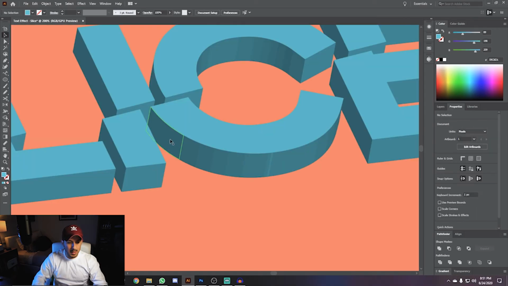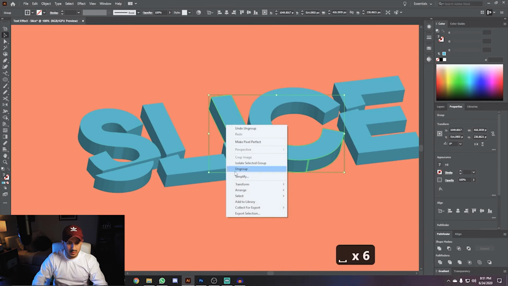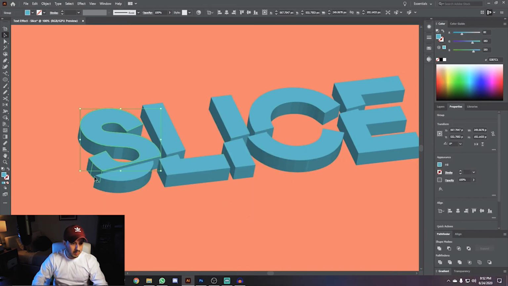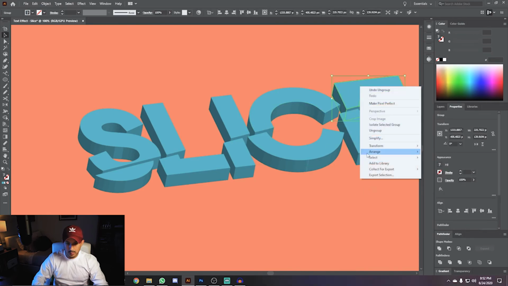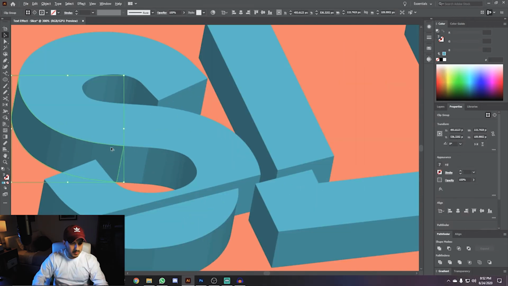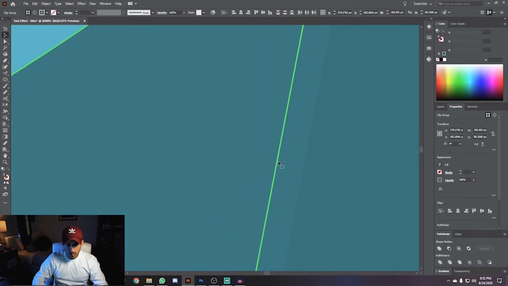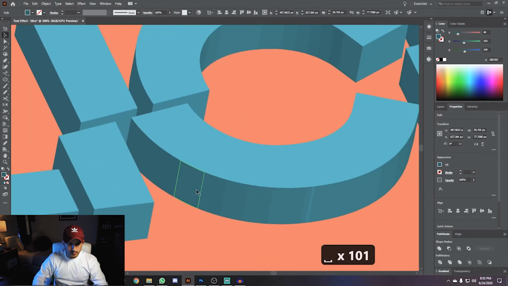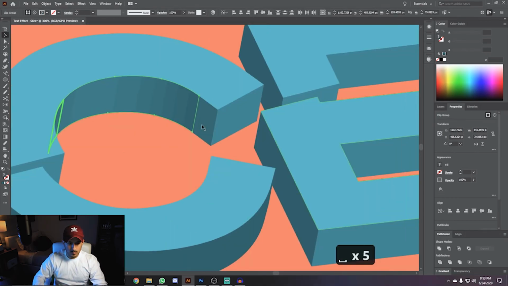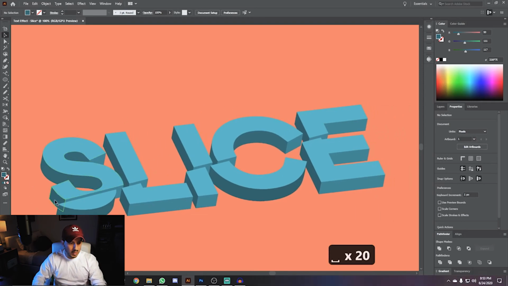We want to go ahead and make it one shape. You don't want it to be a gradient. We want it to be one shape. So in order for us to do that, we have to make sure that all this is ungrouped. Group, ungroup. And now we can go ahead and get started. So we are going to grab this, this, this, and this right here and use Unite. All right, so now that we have all those parts united and we have it as a whole,